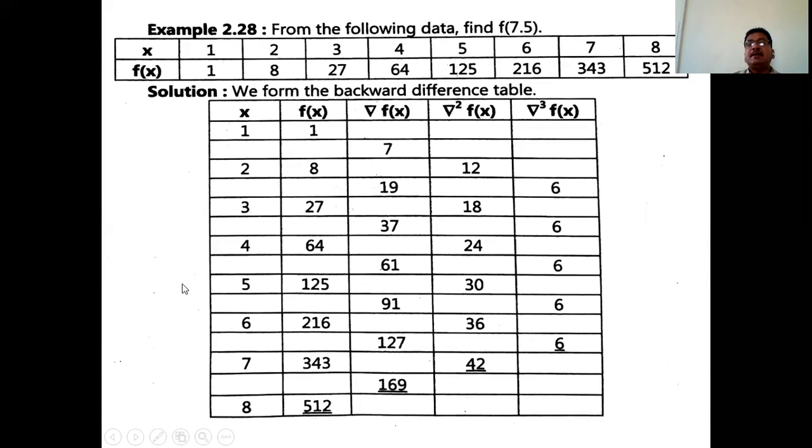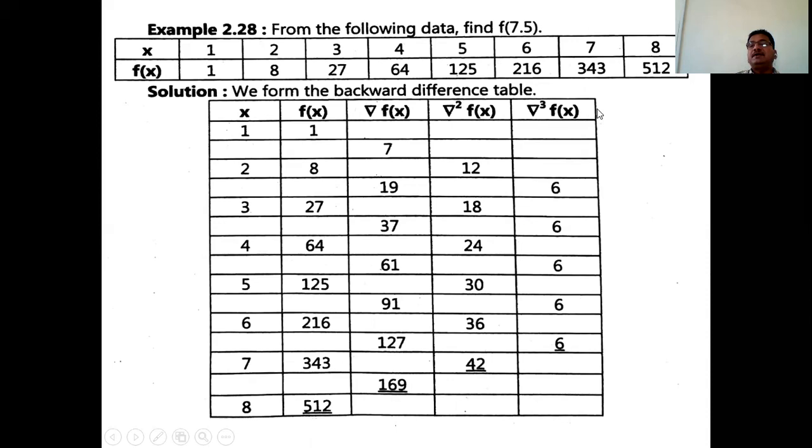So in this table, actually the values of x are 8 in number. There are 8 values of x or 8 values of y given, and so the last column of the table is actually del raised to 7 fx. But at this column, that is the del cube fx column, what is your observation? All the entries in this column are the same, and therefore no need to find further columns,